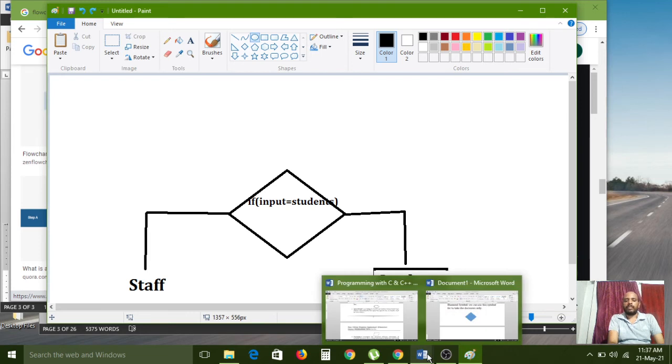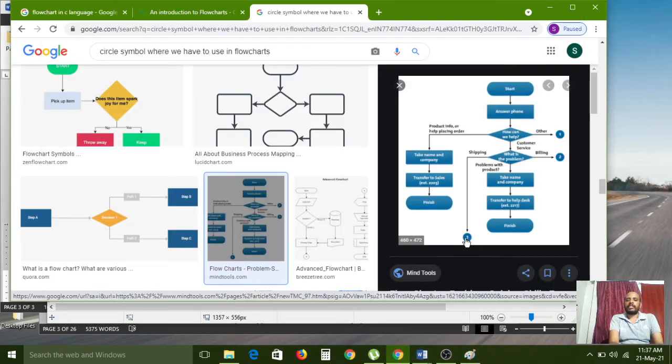If you have any parts you want to show in the flowcharts, for that connector symbols we can use. Here this is one part, this is the second part, this is the third part, and these two are also used for the decision symbols only.